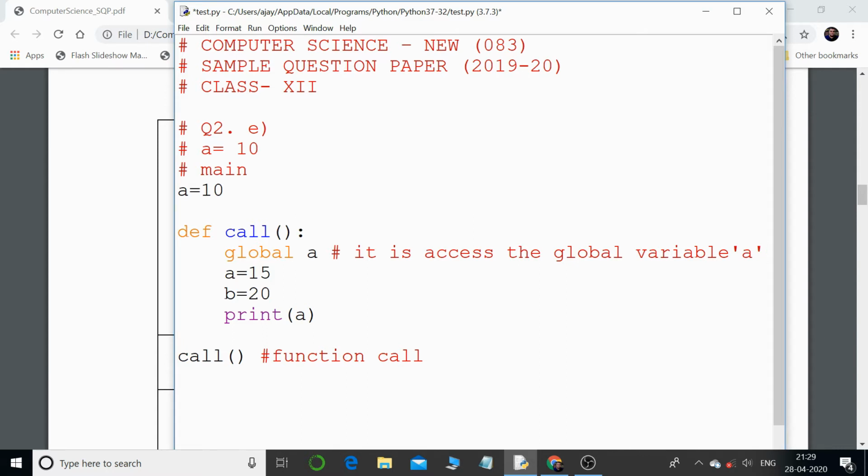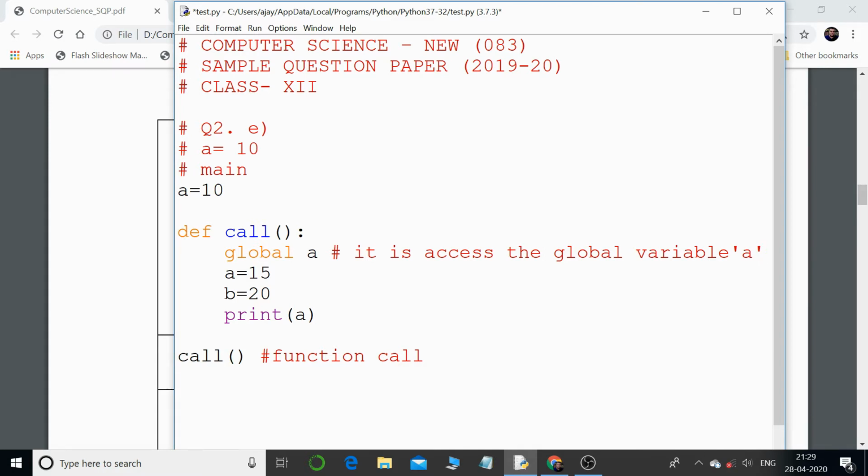So which means that if there is a variable a that is the global variable, that is the main variable of the main program, this particular function is going to access the variable a of the main program. Now the value of a is 10, and I'm saying global a, which indicates that Python is going to access the variable of the main program.